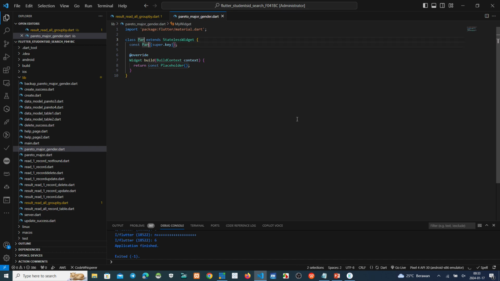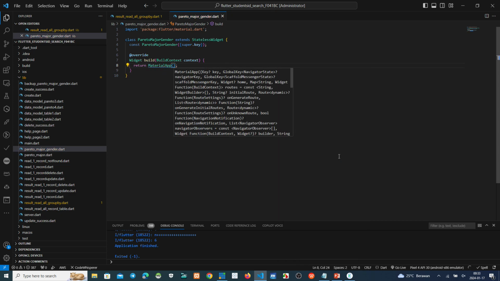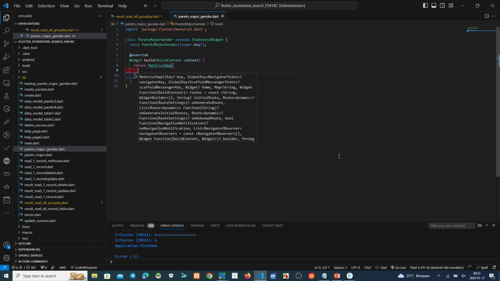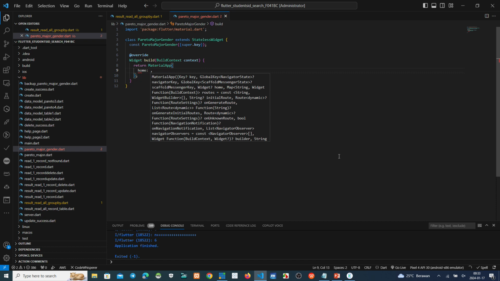This is just a name. Okay, this is a material application. Okay, we make this home. Make a scaffold.